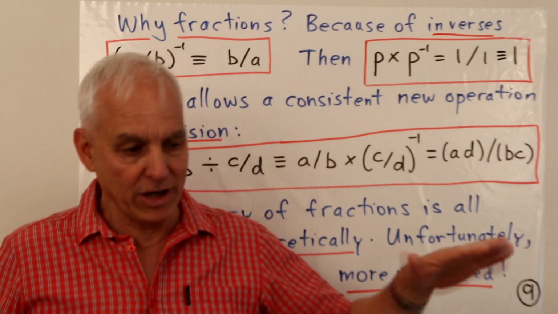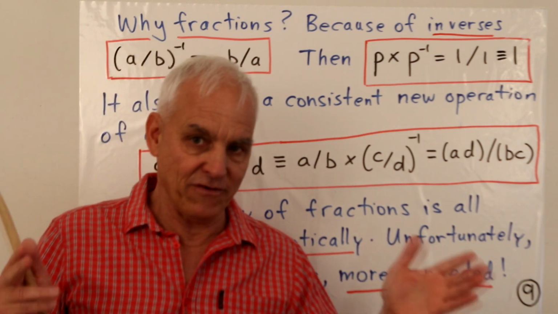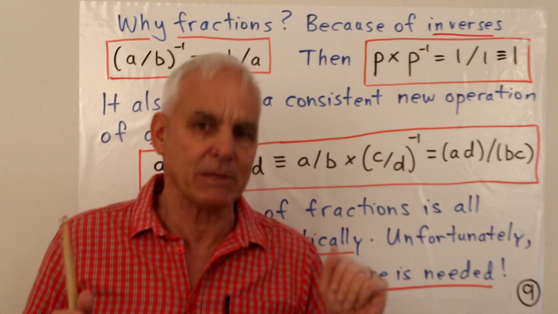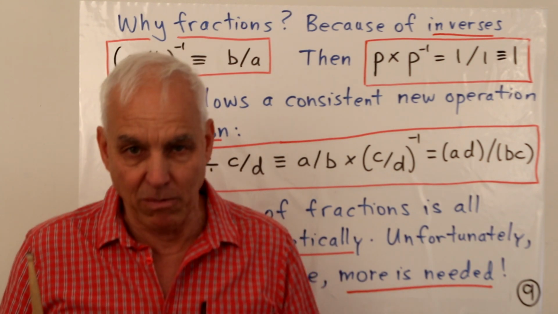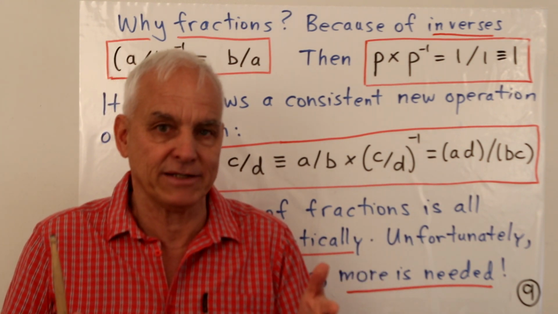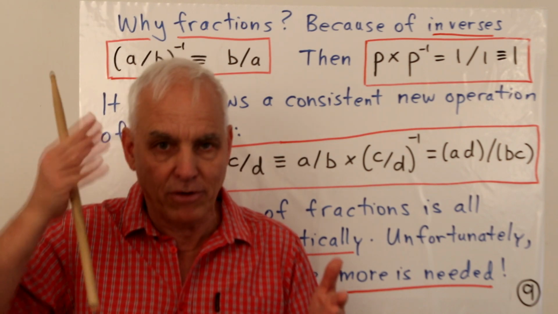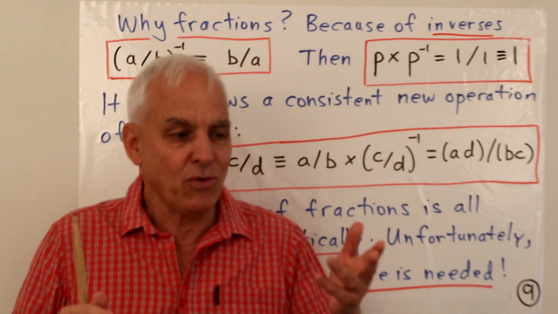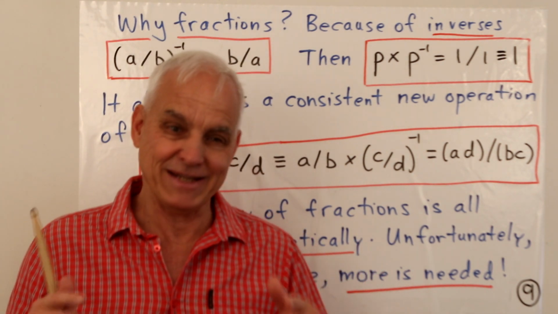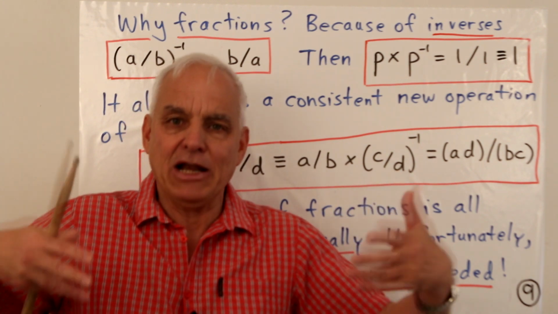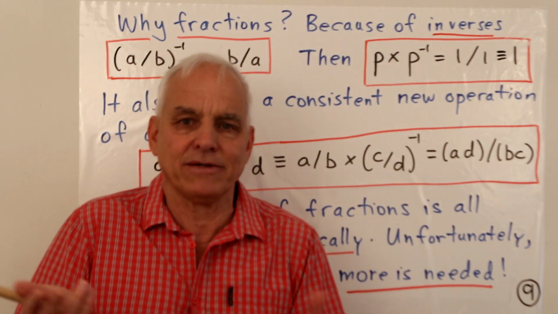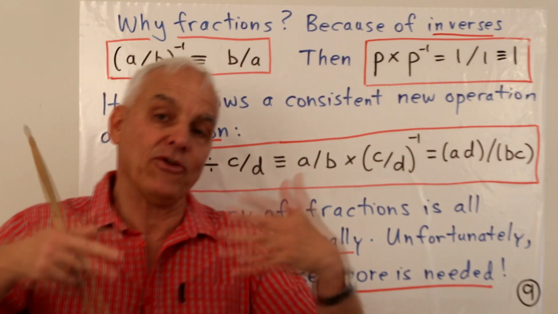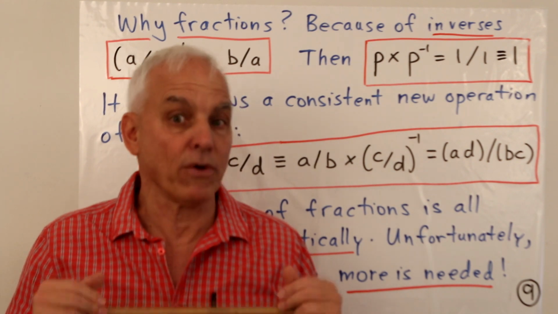Okay, so if we have natural numbers, we can do addition and multiplication very well. We can do subtraction kind of half of the time. Subtraction is a little bit more problematic, but division is much more problematic. So 24 divided by 6, yes, we can do that. We can look up the multiplication table. Remember that 4 times 6 is 24, so 24 divided by 6 is 4, fine. But 24 divided by 5, or 24 divided by 7, that leads us outside our number system, and suddenly we are not in a good position to deal with that. And so one justification for fractions is it allows us to implement division more smoothly.